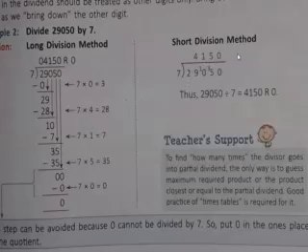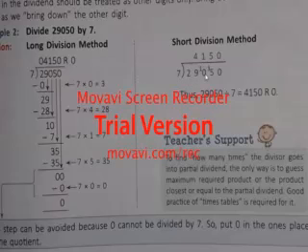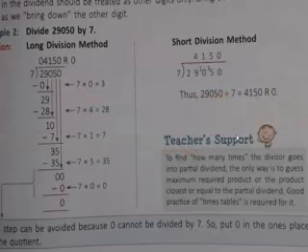In the short division method also, you can see here at first 7 for the 28, so 4 is kept and 1 is carried over. 7 1 is 7, 3 comes. Then 3 is carried over, 7 5 is 35, now nothing comes, 0 will come, so 0 is kept and the remainder becomes 0.